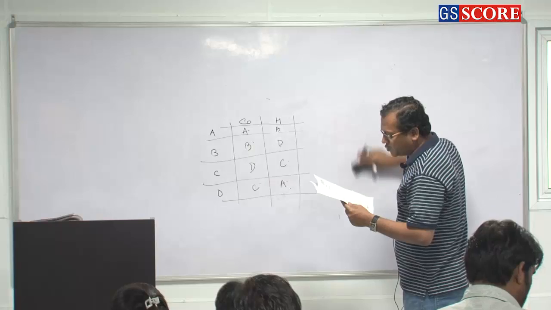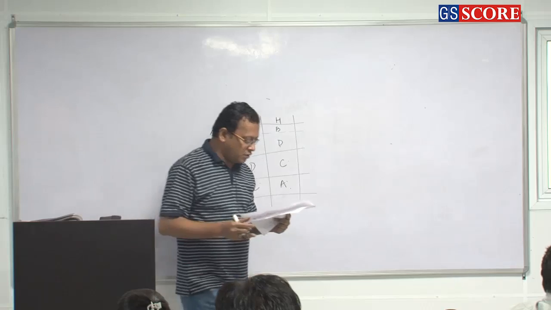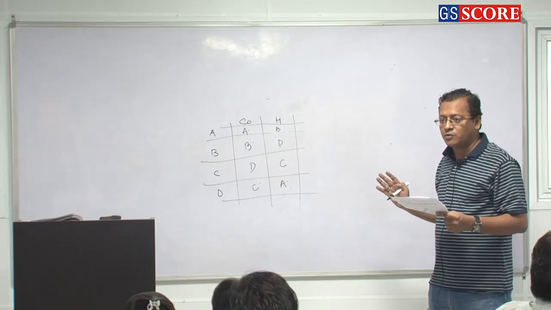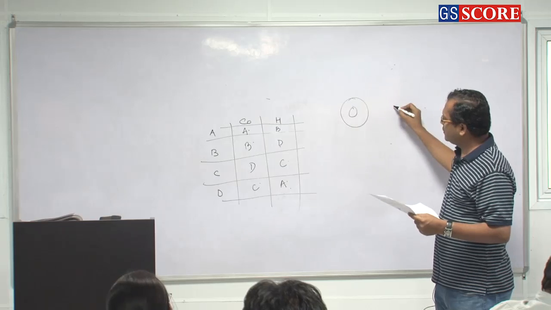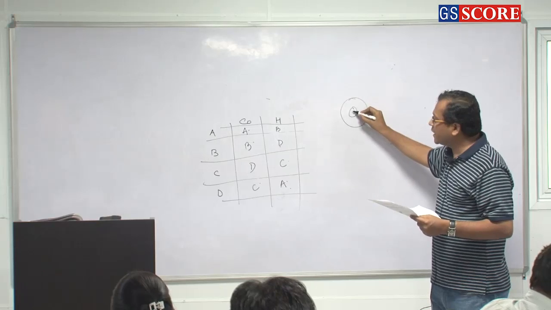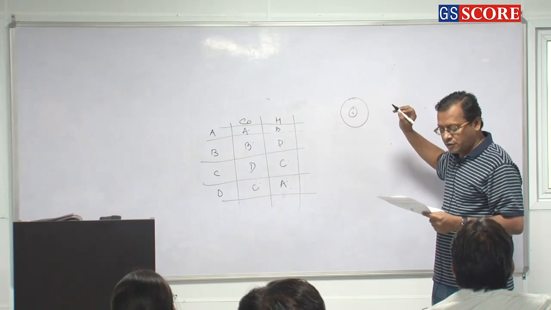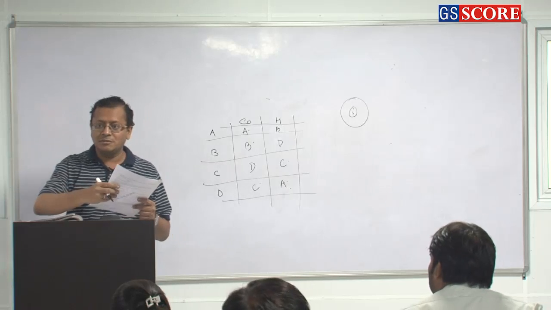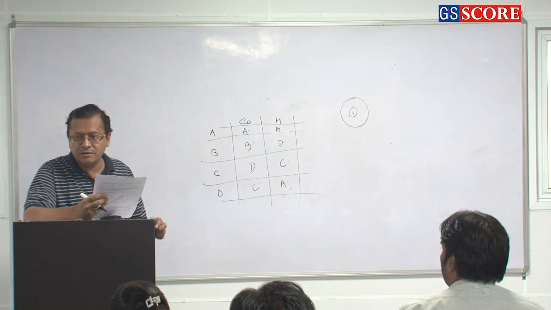Tell me the answer of the first one. No man is a lion. Somu is a man. Somu is not a lion. All men are not Somu. Somu is not a lion is definite. All men are not Somu cannot follow, because no man is a lion and Somu is a man. There can be n number of Somus, there can be a single Somu which covers the entire man part. So all men may not be Somu, may be Somu, which means the second option does not follow, the first one follows. Option number A.